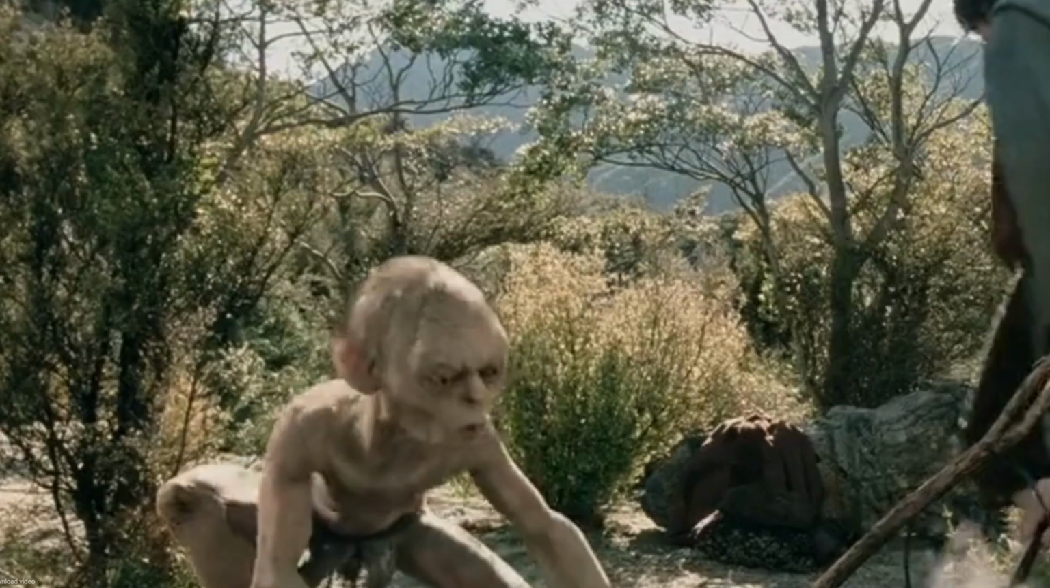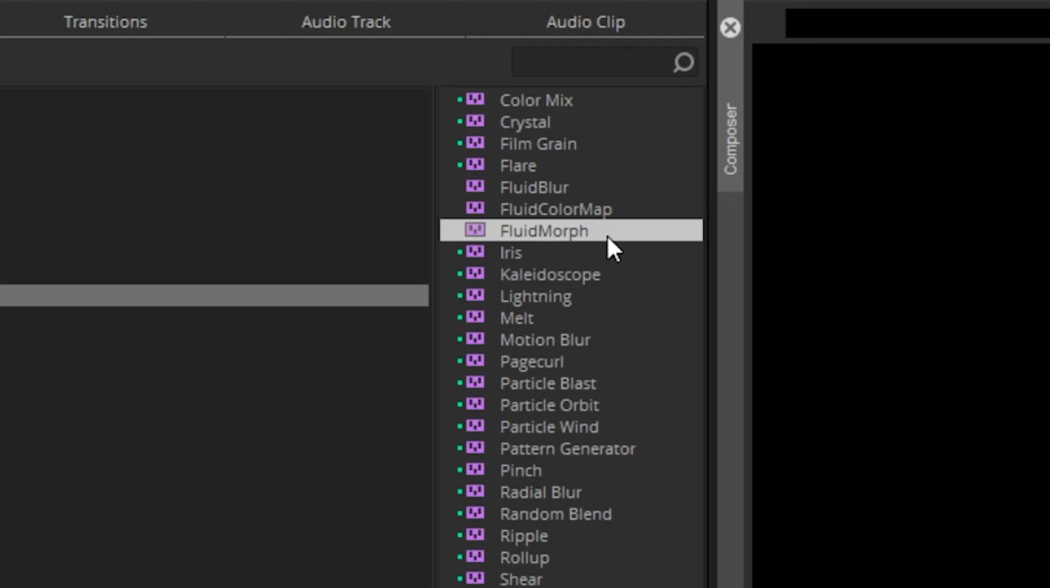And in this case, a jump cut simply ruins the moment. But because it's a static shot, we can create an illusion of continuity by morphing two sides of the clip. In Avid, it's called fluid morph. In Premiere, it's a morph cut. This effect looks at consecutive frames and makes the best guess as to what the middle frames between the two